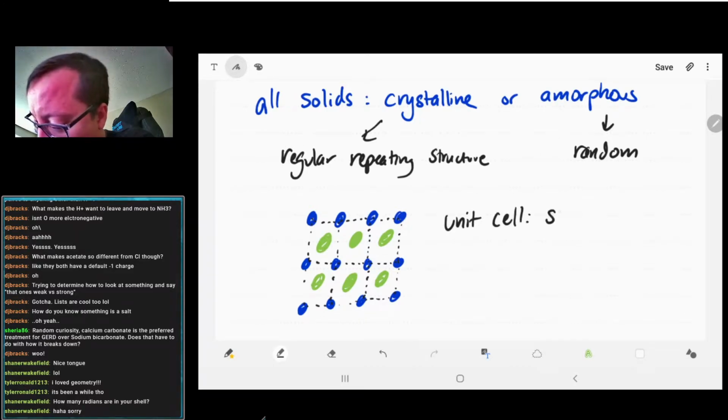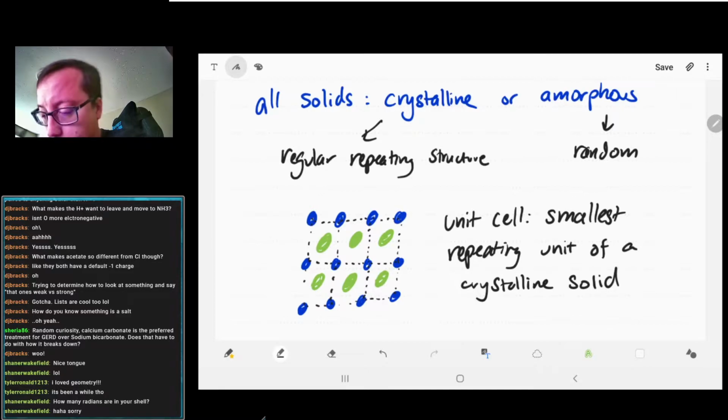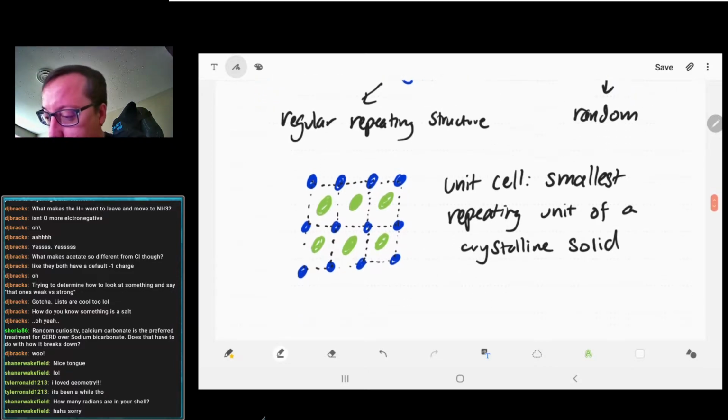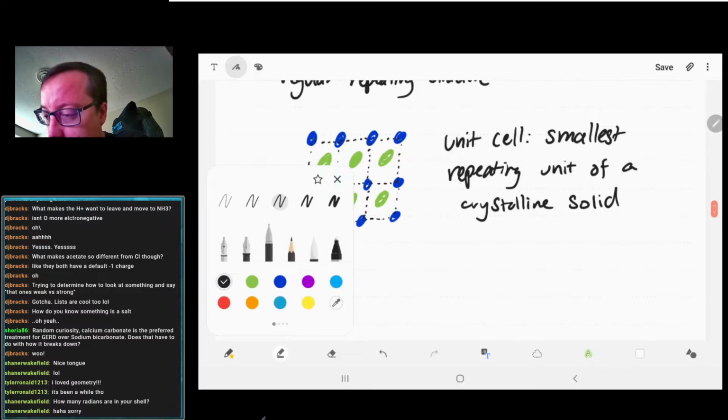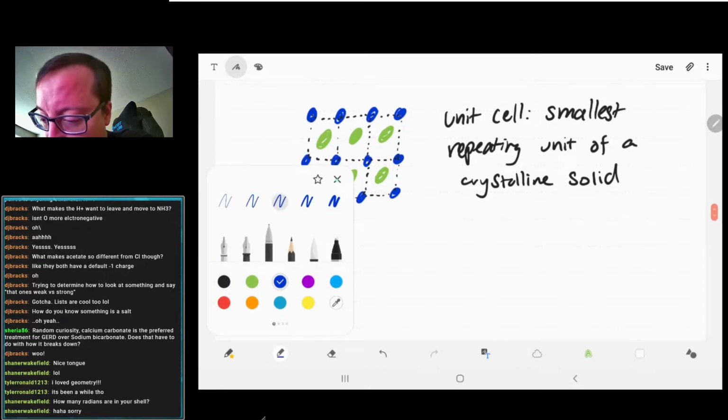So the unit cell is the smallest repeating unit of a crystalline solid. For us, I'm going to go ahead and expand that 3-dimensionally. For us, this particular structure that I've drawn up here,